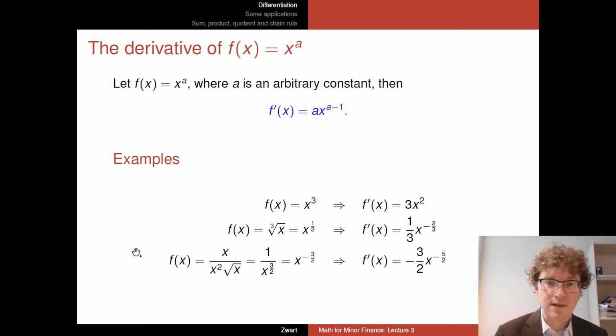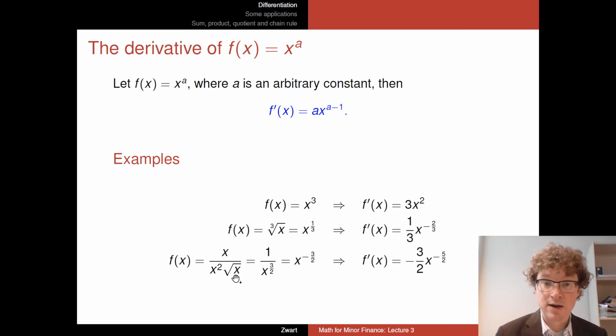Okay, let's look at the final example. So this looks complicated, right? There are a lot of power functions. But we can actually simplify this into just a single one, because what this basically says is x to the power 1 divided by x squared. Well, x divided by x squared is actually x to the power minus 1